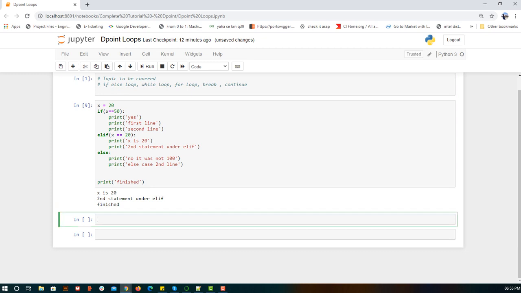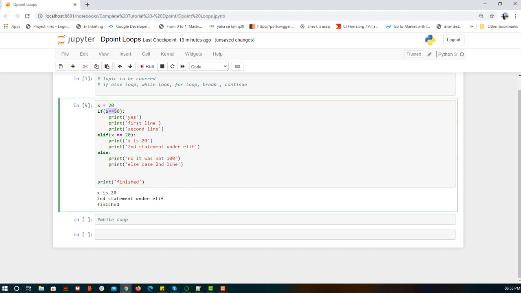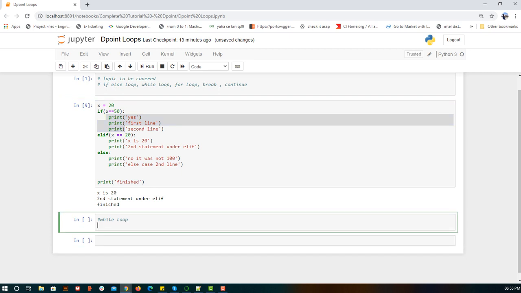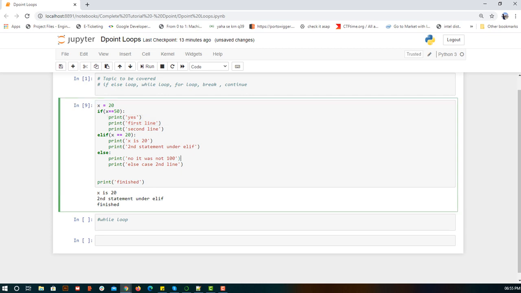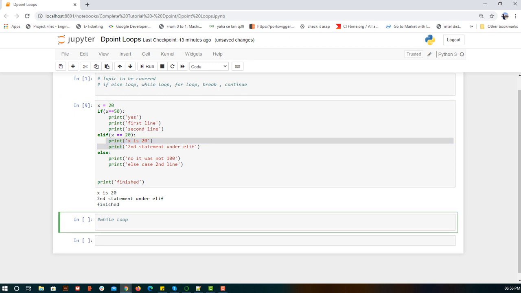Now we are going to start with the while loop. It's a hashtag. Next is the while loop. In if, we were executing once. Whenever the decision was true, we executed once, and that's it. But coming to the while loop, read it as an English statement: while some decision is true, keep on running the logic that you have written. For if the logic was these 3, for else if the business logic was these 2. Whenever the condition that we give for the while is true, execute the logic again and again.